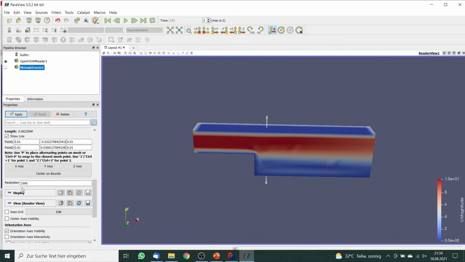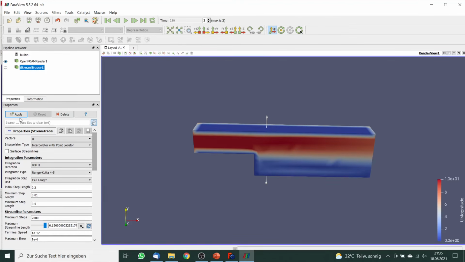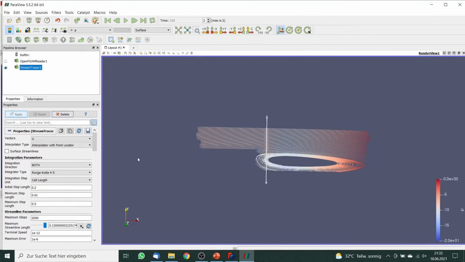It is recommended to reduce the resolution. The standard value is 1,000 points. You can reduce this to 100 points. If you say apply, you see here